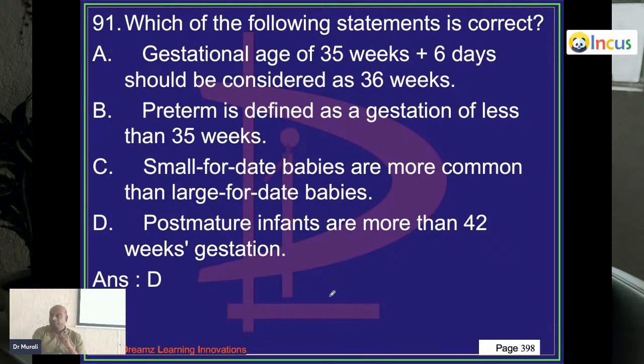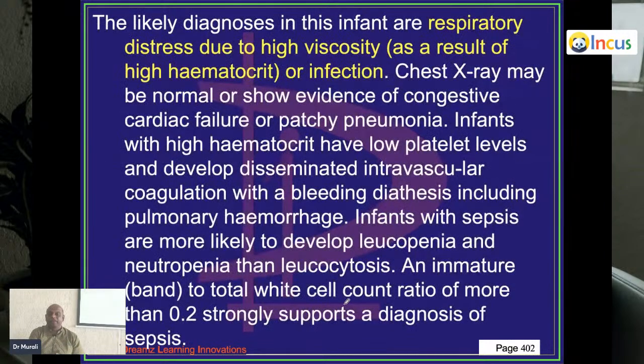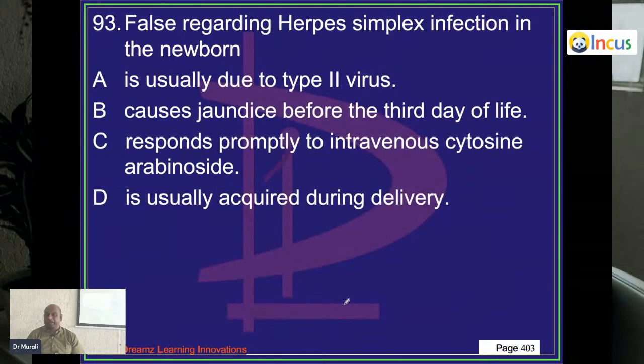Then post-maturity means beyond 42 weeks of gestation. Now, a full-term infant, he is having a high hematocrit. A high hematocrit is a possible cause of respiratory distress because of the high viscosity, right, is what you need to appreciate. Herpes simplex infection,